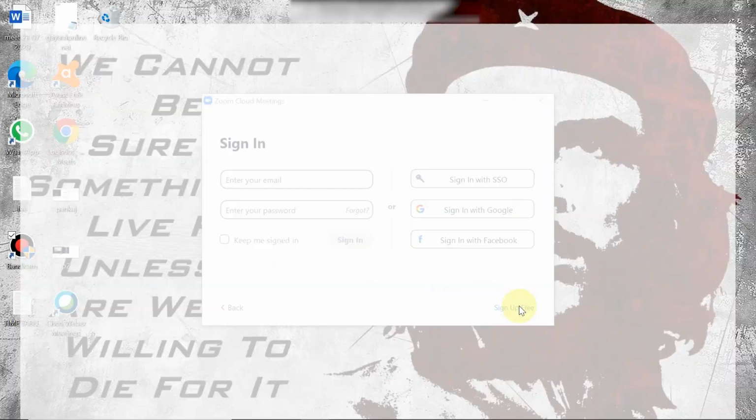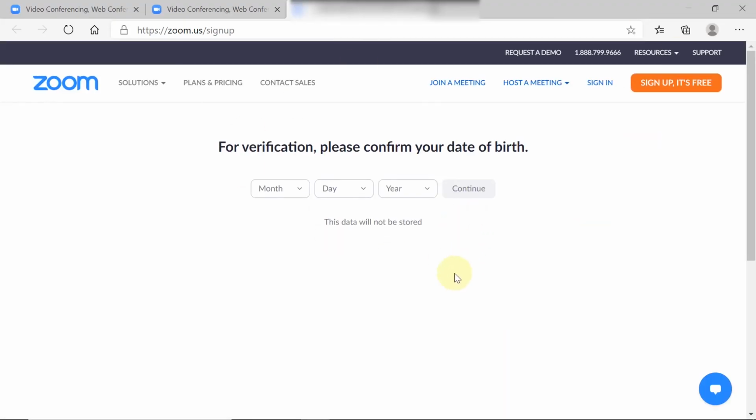When you click on this, you will be directed to a web page where you will be asked to provide your date of birth. Select the date of birth. I'm gonna select mine. Mine is August actually, so yeah. You can do this by just clicking on the drop boxes provided there. Select the year of birth. And then click on continue.